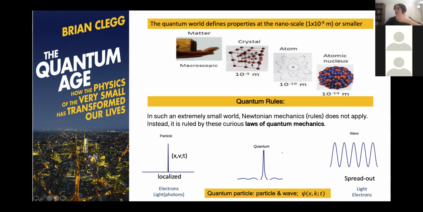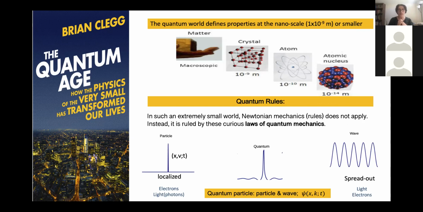And ions are charged atoms, right? Atoms are made of electrons, and you have a nucleus, which is formed of other elementary particles, right? So we are talking on the level of nanoscale, atomic and subatomic level. That would govern the quantum world. And in such an extremely small world, the physics of microscopic, what we call Newtonian physics, right? The physics which governs everyday life, doesn't apply. Then we have this very strange behavior, where new rules of physics apply, and we call it quantum